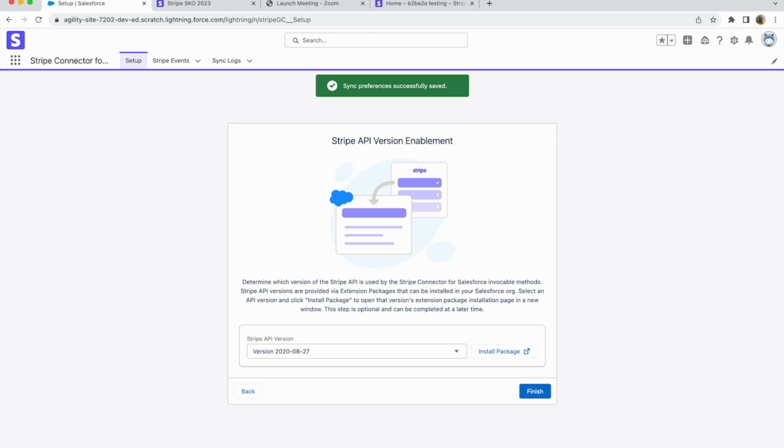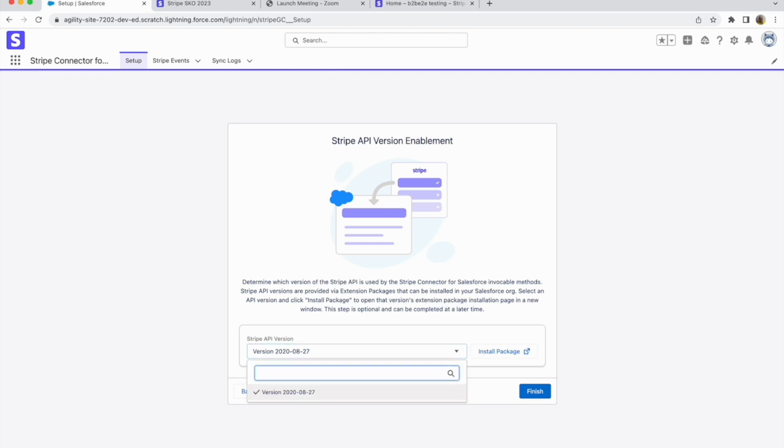Here we get to the API installation. This is the version of the API we're going to install. If you click this dropdown, you might see more than one option. You might see 2 or 3, but we're going to basically select the version of the Stripe API that we want to integrate into. You can have more than one installed, and they're denoted by the different names of the classes and invocations that you can make on what version you're working with. For this version, I only have one available, so I'm just going to go ahead and install this